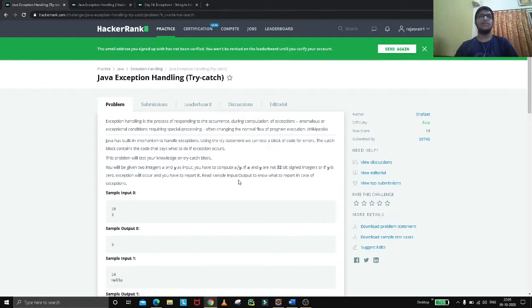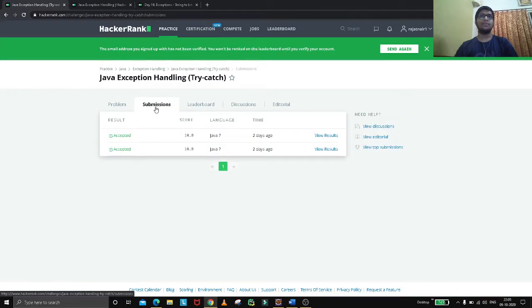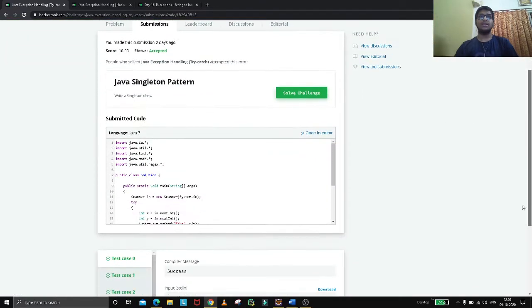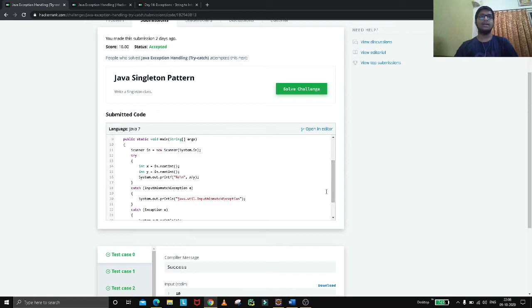If y is 0, then an exception will occur and we have to report it. So I have done it. I have created a scanner class and a try block in which x and y are taken from the user, and I am computing x by y.